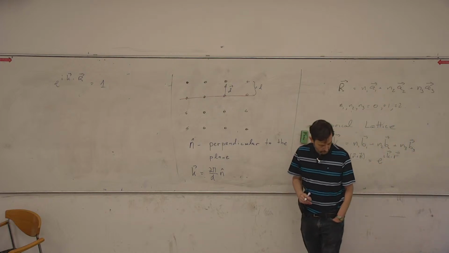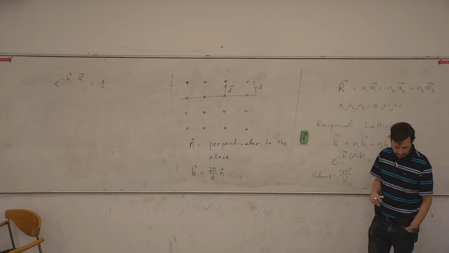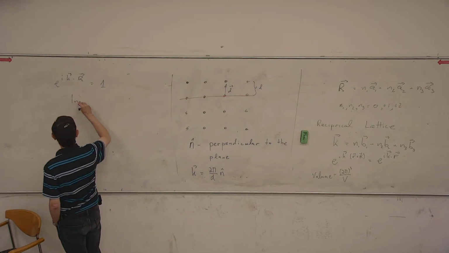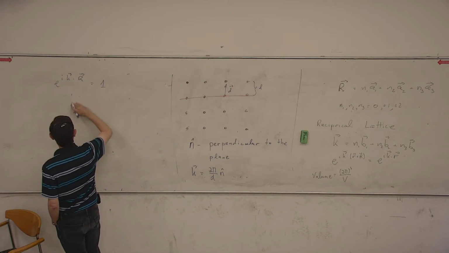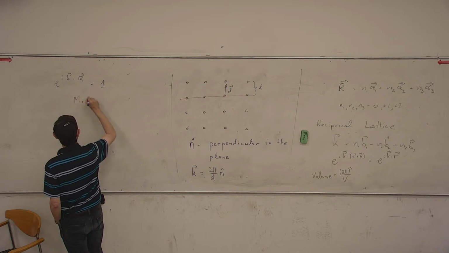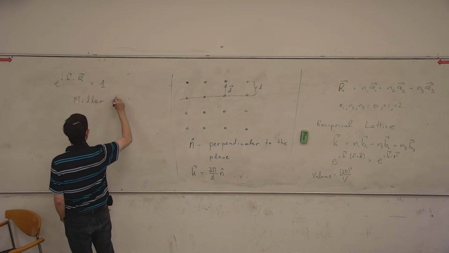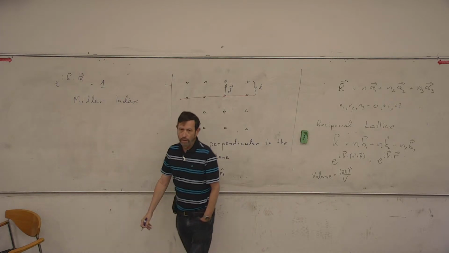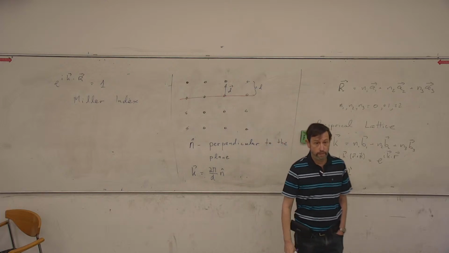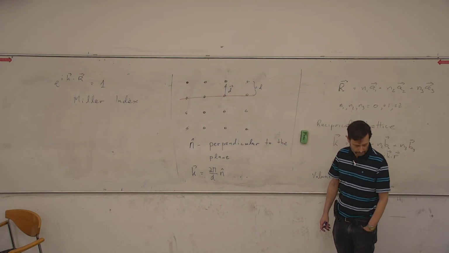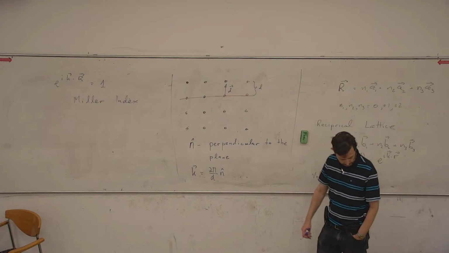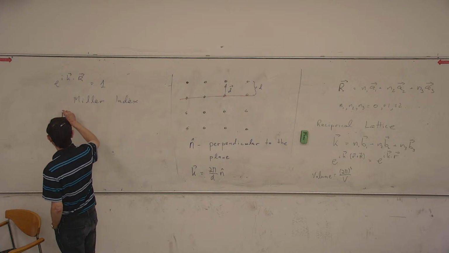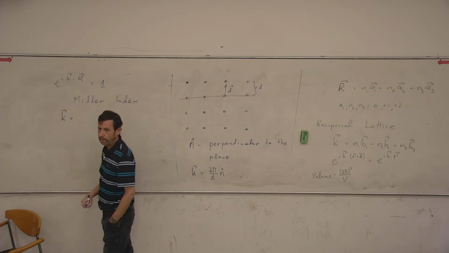So all this I need for the definition of a Miller index, and the Miller index of a plane is the vector that is perpendicular